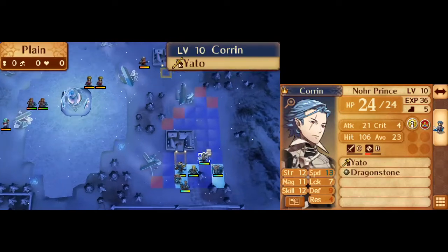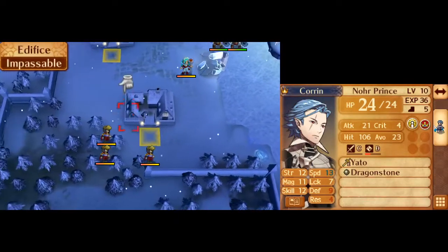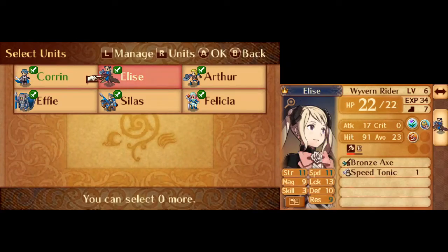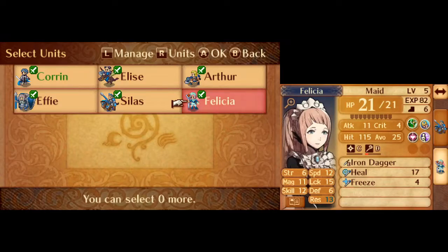The 3 villages that you can hit up along the way are the one right at the start, and the 2 at the west side of the map. Once again, I have average stats on everybody. Given that Silas and Elise have gained only 1 level, that's equivalent to rigging only their most common stat gains on their join chapter. Silas needs just a little bit of help to double the boss and survive his attack,